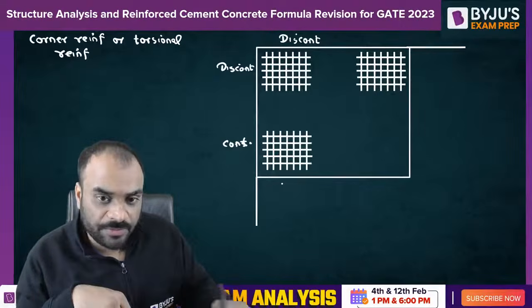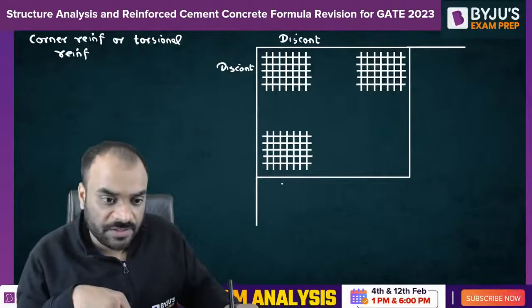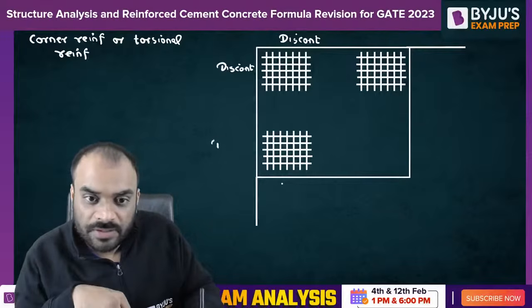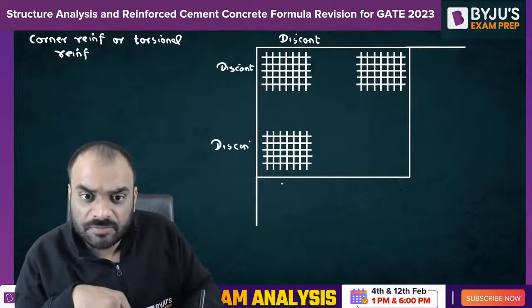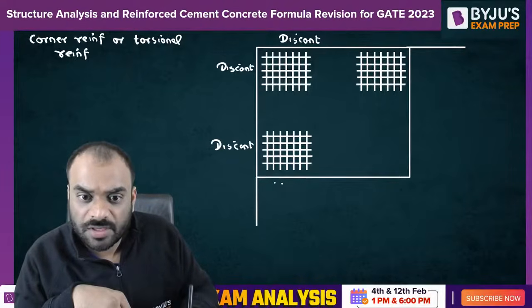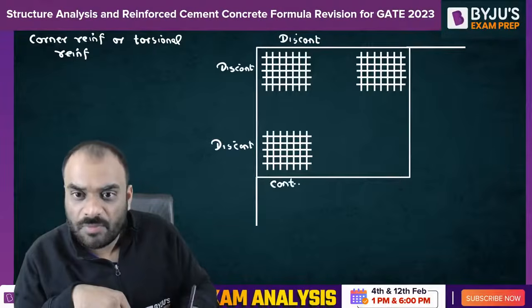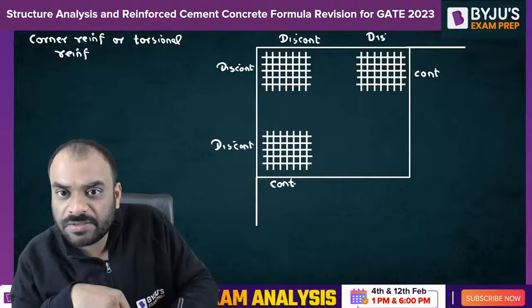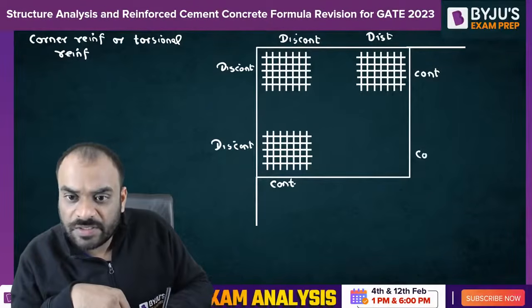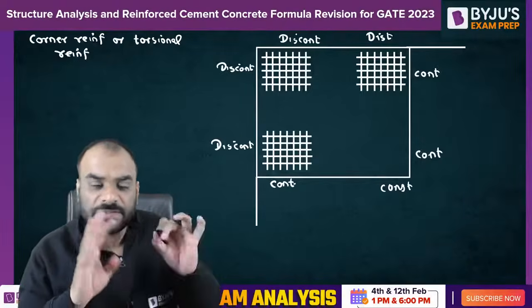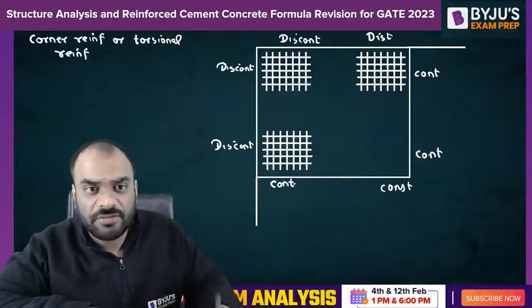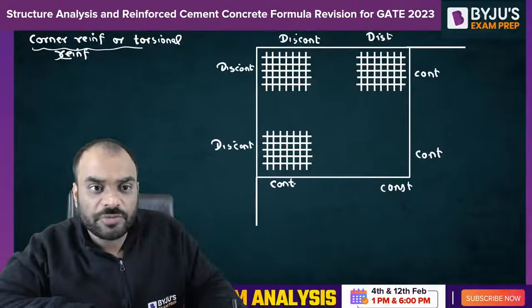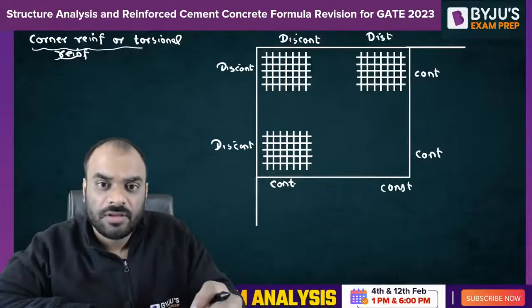Let me erase it. This edge is discontinuous again. This edge is discontinuous. This edge is continuous. This one is continuous. This one is discontinuous. This one is continuous. This one is continuous. So please remember guys, the condition for torsional reinforcement or corner reinforcement is at least one